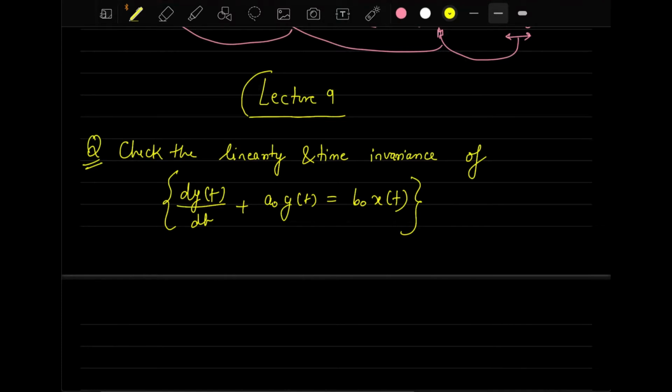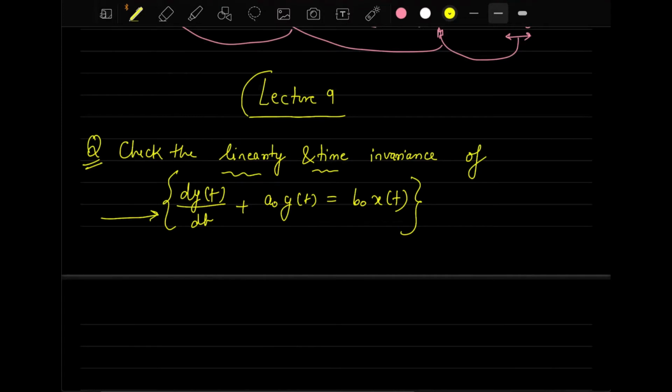It's not that you will do it by visually inspecting it. Though we are in online mode and it's not easy to see each individual derivation, you have to prove it from first principles, instead of just observing and writing that it's linear and time invariant. That will not give you marks in the exam either. You have to derive and show that it really is linear and time invariant. I'll give you a few minutes to let me know how you will proceed to check linearity and time invariance. Has anyone solved this?